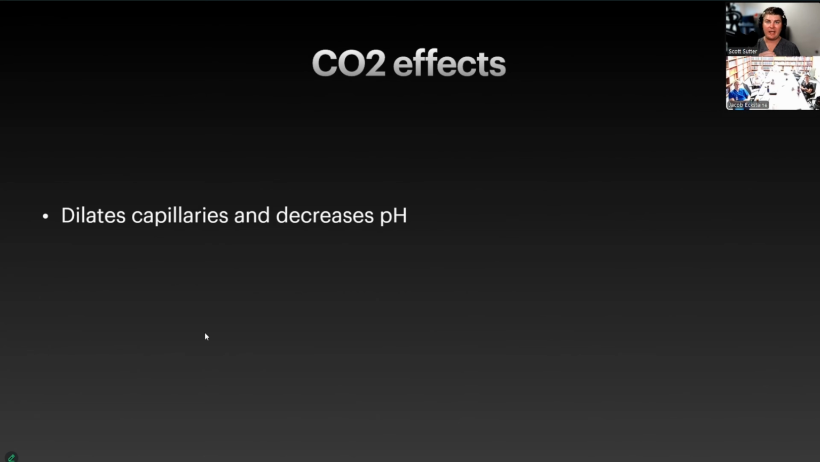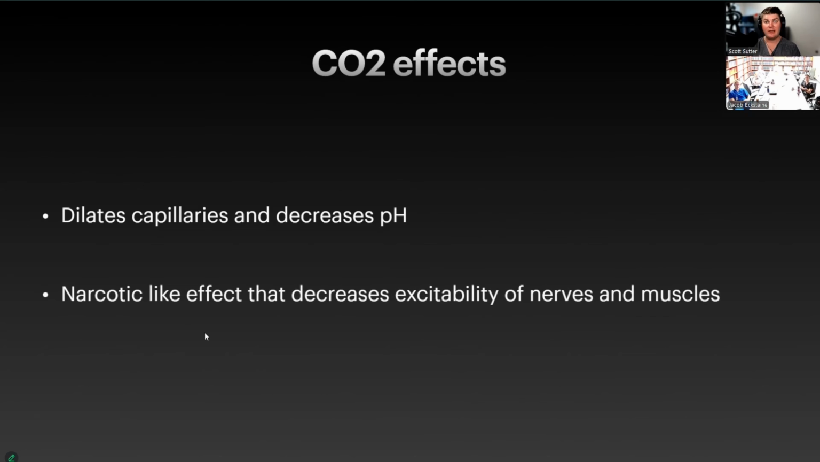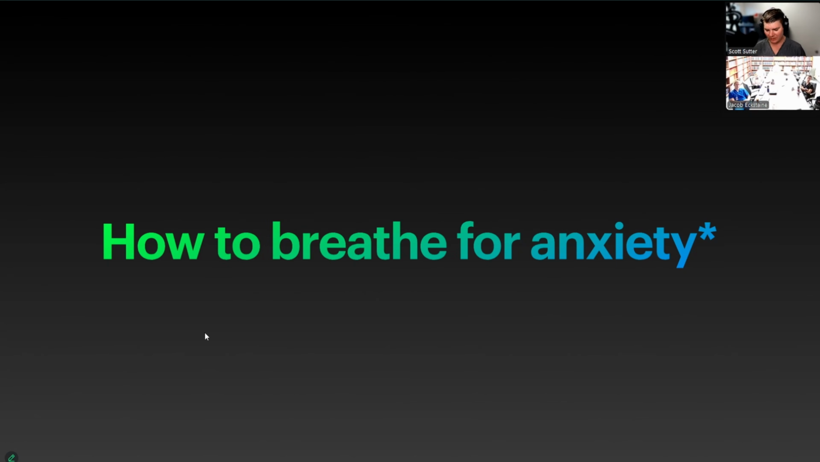And so what happens when we have the proper amount and we nasally breathe and CO2's at the proper level, it's going to make the pH more normal. It's going to dilate your capillaries so you get better blood flow. You could actually have a narcotic-like effect that's going to calm down the excitability of the nerves and muscles. We're going to go through an exercise in just a second where all of you get to try this. It's amazing how well it actually works. And it does all the good things that we want it to do. So let's go ahead and do a quick